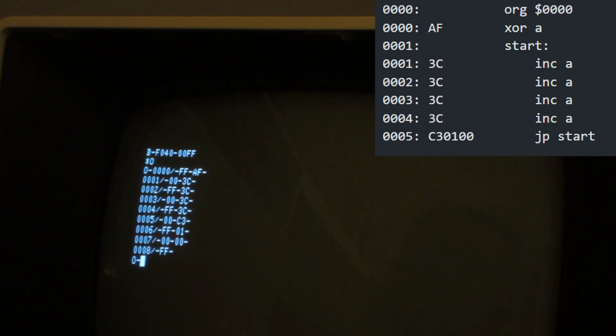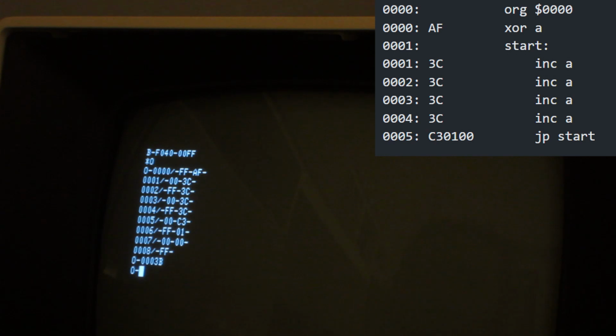So for example, I want it to stop in 0003, and I can just type the address and a B, and this sets a breakpoint, and then I can start the program from 0. So what we are expecting this program to do is to reset A to 0, and then increase A 4 times.